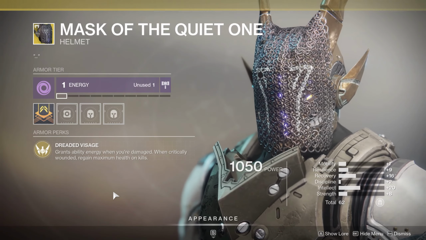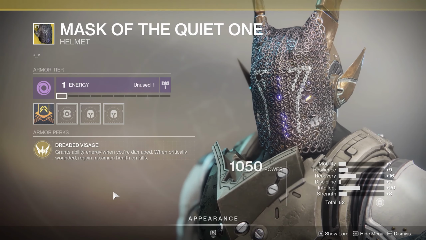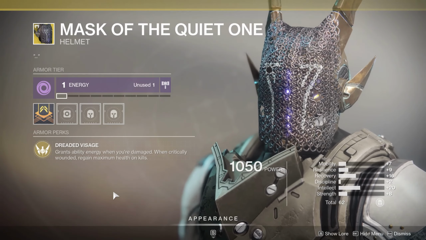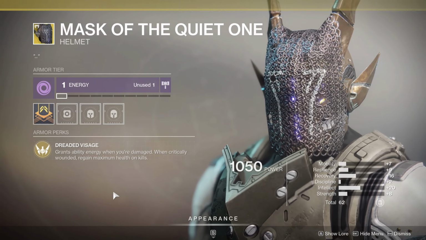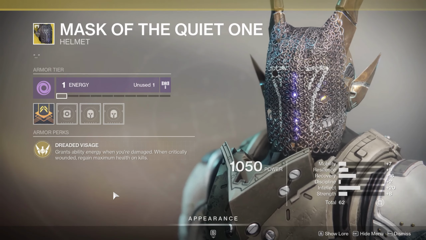Also, when critically wounded, so when your health gets down to that red, it's usually pretty obvious because the screen flashes. If you get a kill, you're going to regain maximum health back. So you're going to be able to get back into the fights quicker. If you get in those tough spots and do get that kill, keep pushing for that kill because it's going to help you survive. And in PvP, if you're trading out and you're almost dead, but you do survive, you are ready to go